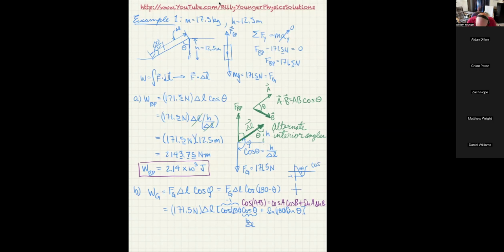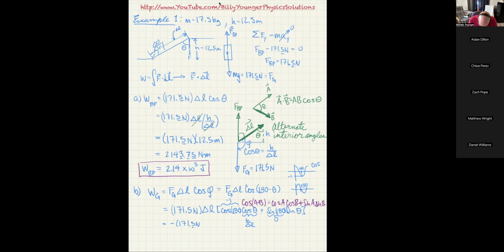The sine of 180, the graph of sine looks like this, and this right here is 180. So the sine of 180 is 0. So really all we have to do is replace cosine of 180 minus theta with just negative 1 times h over delta L. So we'll get negative